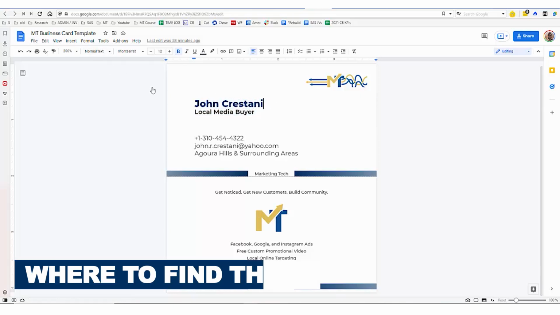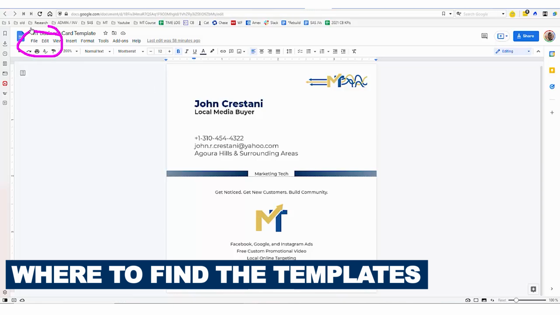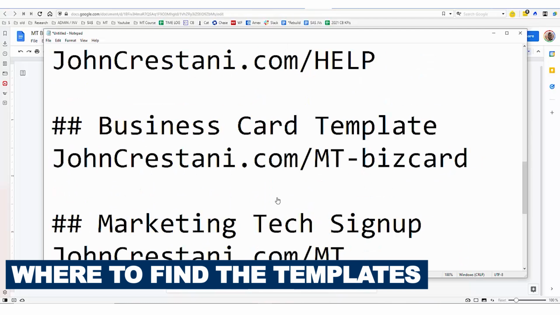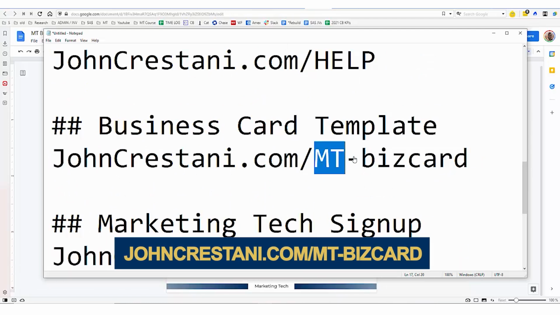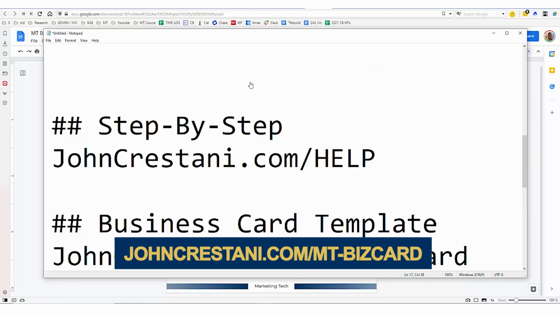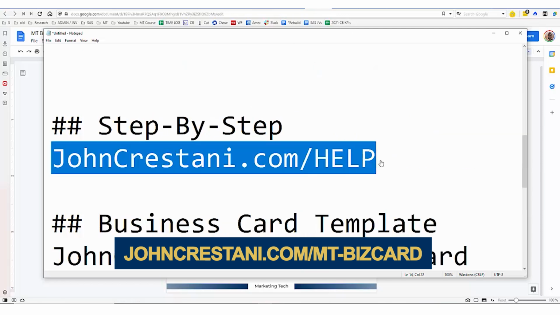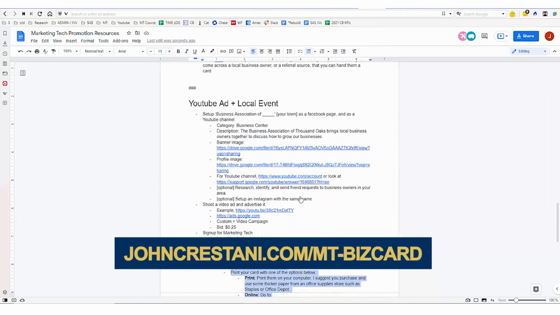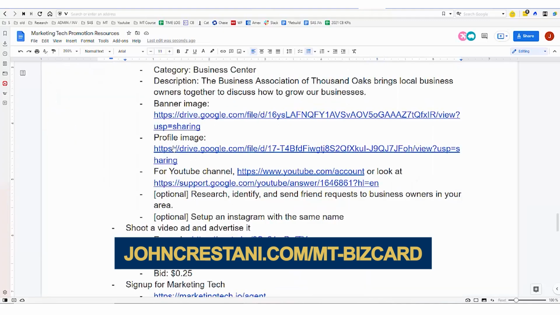And as you see here, the way you can copy this is you'll want to open up this file, which is johncrestani.com/mt-bizcard, okay? Or you can go back to the help document and just follow the instructions on the help document